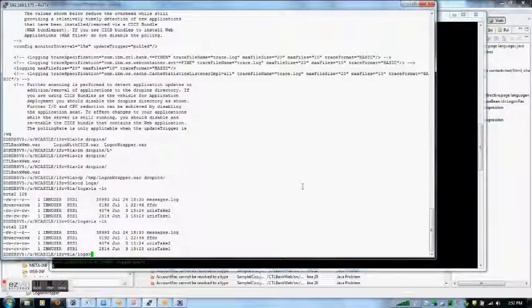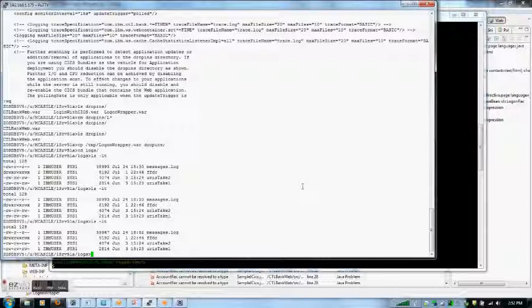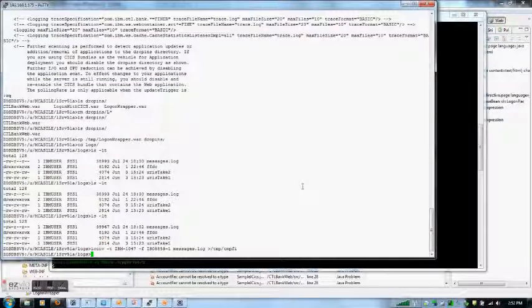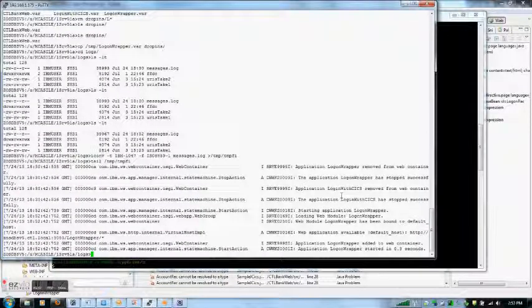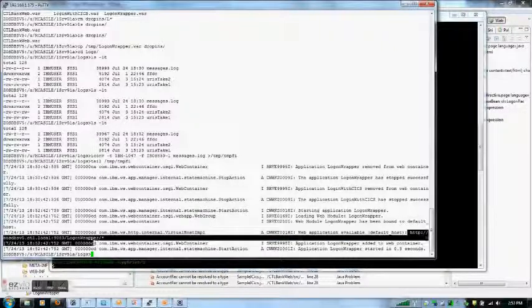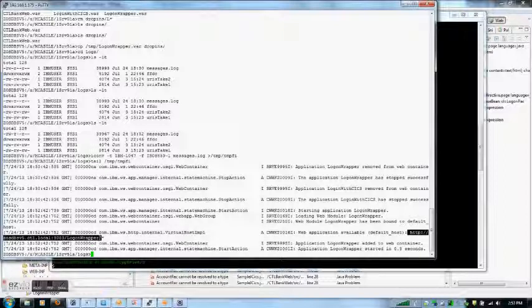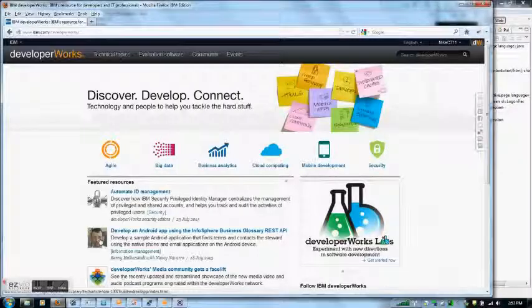And once we see that it has changed, and as of yet it has not, it's probably going to take, again, just seconds. We probably are hitting the poll just wrong. We check again, and we are there. So now what we are going to do, since this log file is sitting in ASCII, we are going to convert it to EBCDIC so that we can read it, and then we're going to take a look at the last part of the file, which says that it deployed the application in 0.3 of a second, but it also, more importantly, gives us the URL that we need to hit from our browser in order to drive this program. So we're going to come back to our browser, and we're going to input that URL,